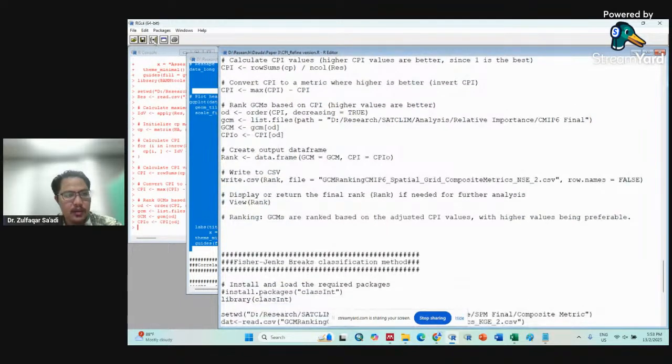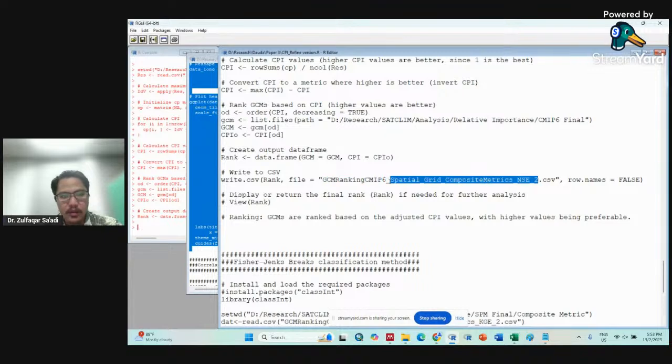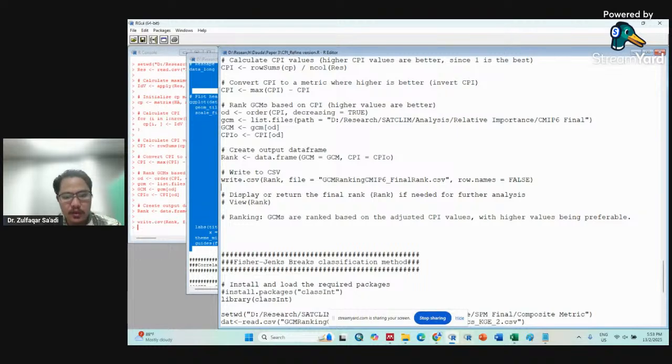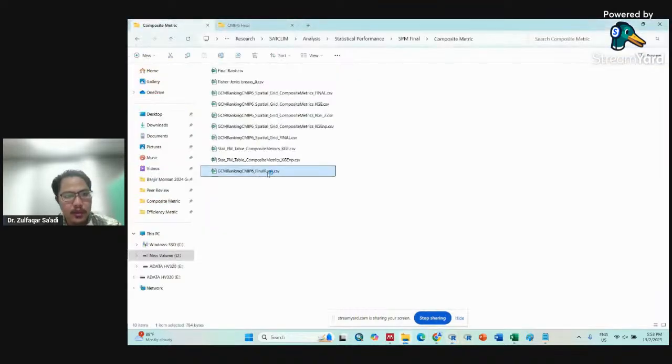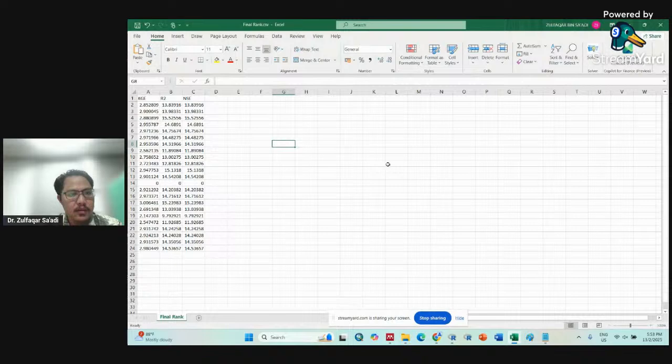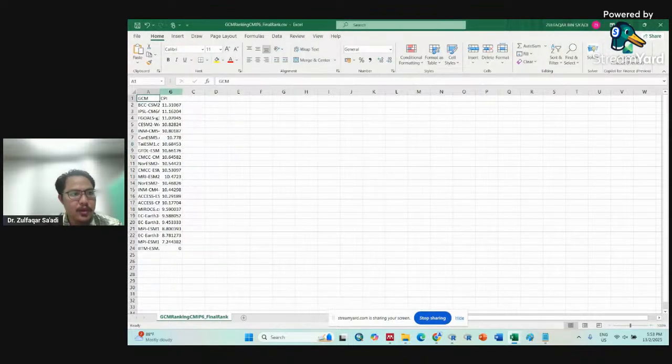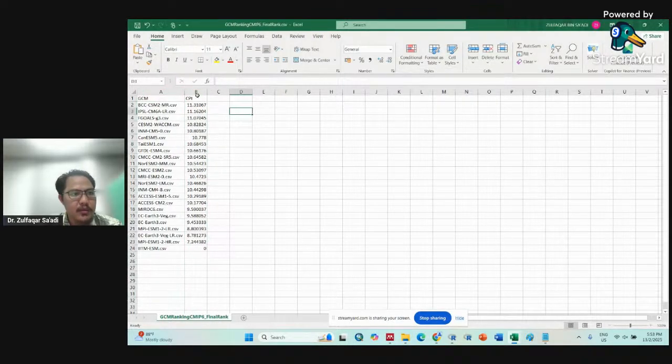Just run the same CPI code. Just change this one, GCM, CMIP6, final rank. I'll put this one as final rank, and then this will be final rank. So we have this is the final rank of the GCM. Now we have the final